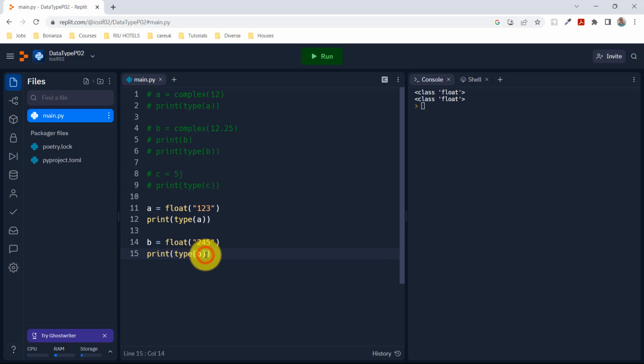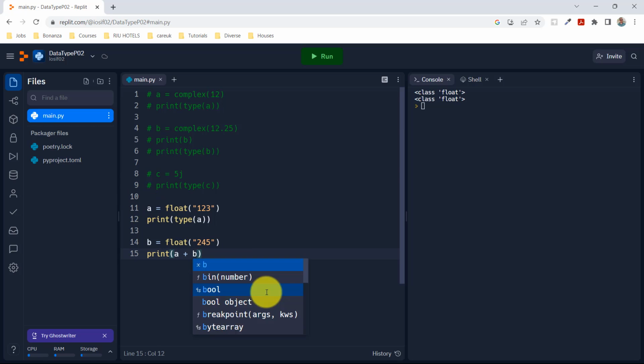Now I can do an arithmetic operation with these two variables, a plus b, because now they have a numeric type. At this moment they have the float type. Yeah, let's run. And here we go, this is the result,